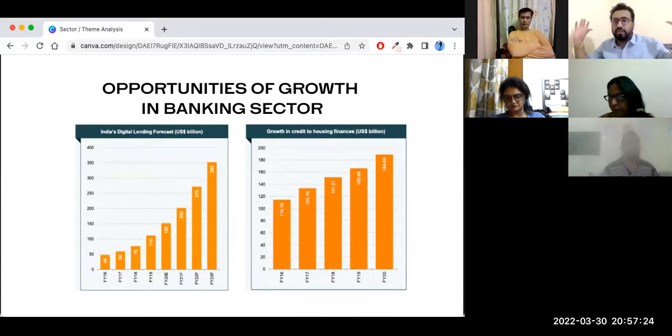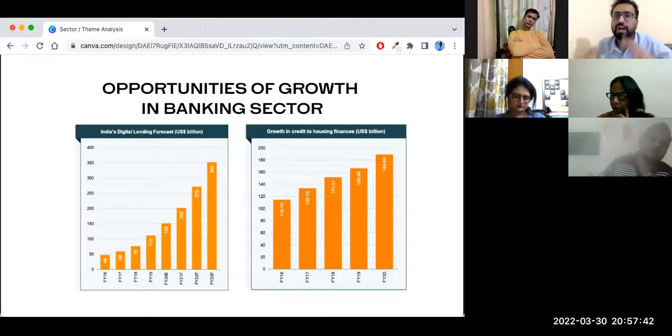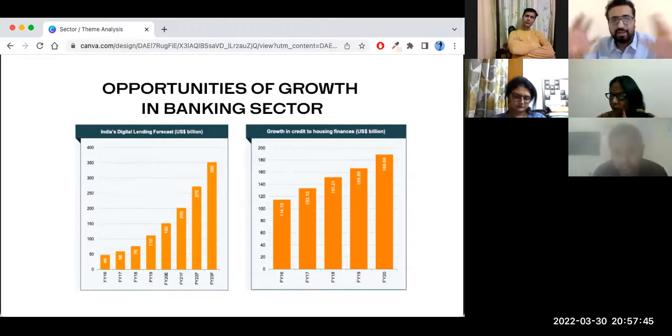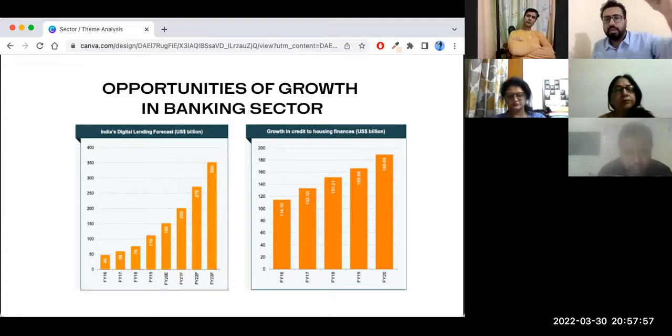Try to understand what are the different trends playing in that sector, what are the different subsectors. There might be higher growth in some subsectors, in some parts of that sector. You deep dive into that, and then find some companies within that. If you have to pick companies in the banking sector, a good place to look will be either NBFCs or HFCs or banks with a very strong presence or a very strong tie-up with digital lending companies. All right, clear?